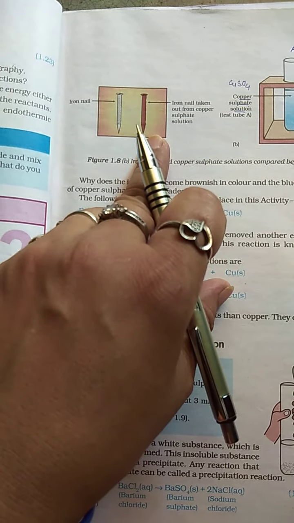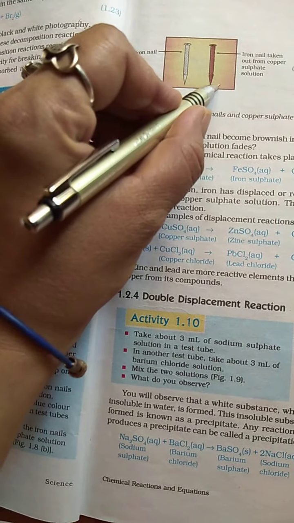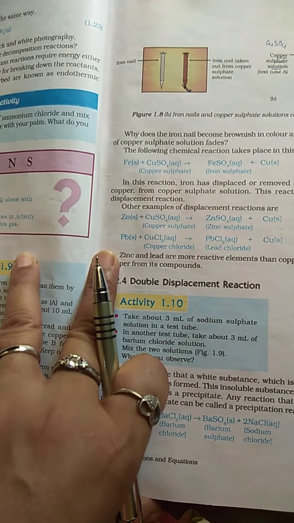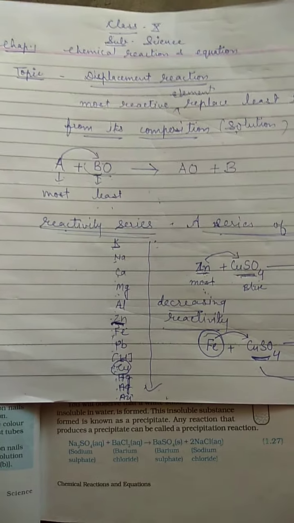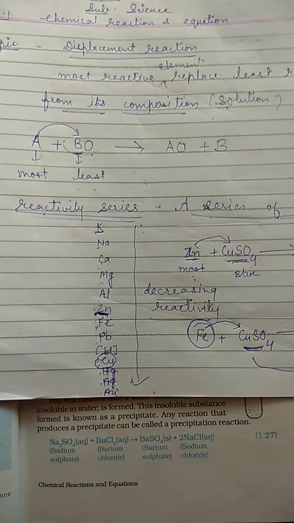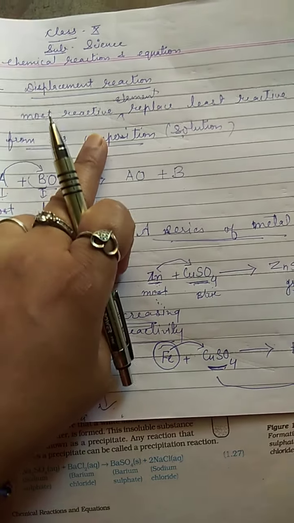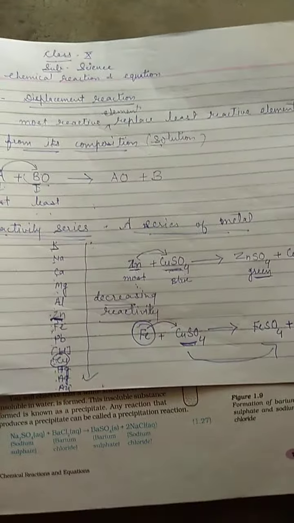So the second observation is the deposition of the brown color, means the iron nail turns into brown color. means इसका क्या हुआ, यहाँ पर हमें कह सकते हैं ऑक्सीडेशन, और यहाँ पर इसकी क्या हो गई, रस्टिंग. क्लियर? सो द टाइप ऑफ दिस एक्सपेरिमेंट क्लियरली टोल्ड यू a type of displacement reaction. The highly reactive replaces the least reactive, or most reactive replaces the least reactive element from its solution.